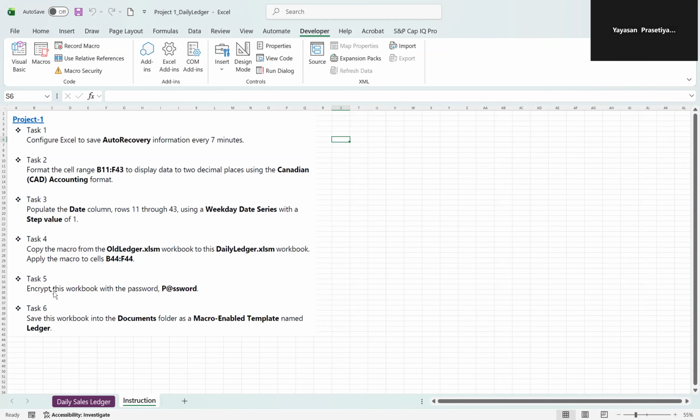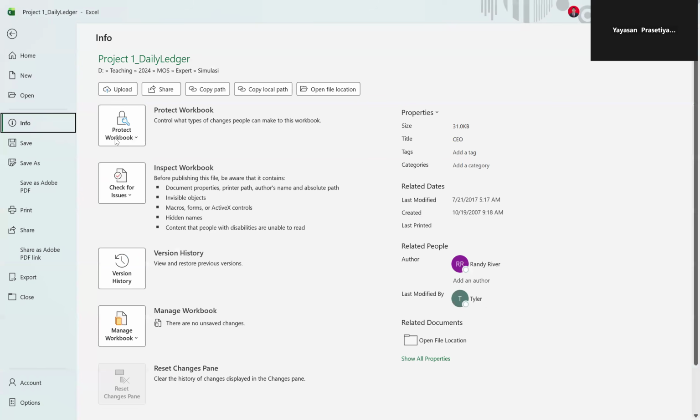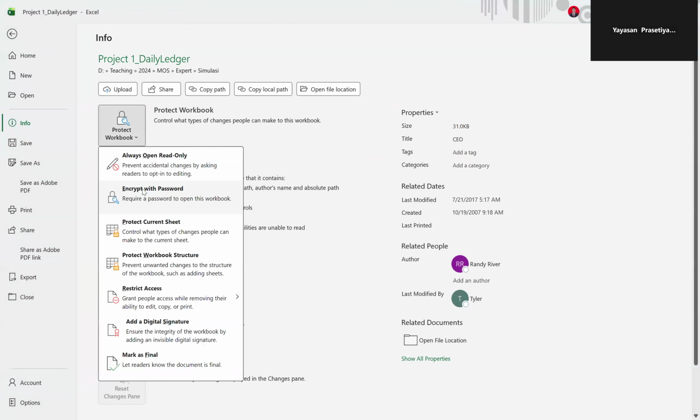Next, task number five is to encrypt this workbook with the password capital P at SSWORD. The keyword is encrypt, so we have to encrypt through this menu, Encrypt with Password. It's hidden on the backstage.